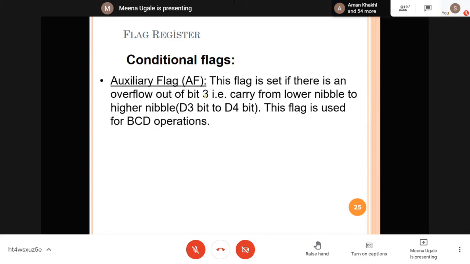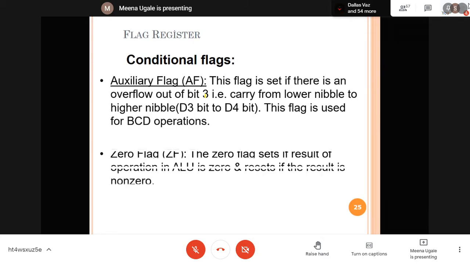The meaning of nibble is that 4 bits together are called a nibble. So when you have an 8-bit number, you can divide it into 2 nibbles, lower nibble and higher nibble. And when in addition or any kind of operation, there is a carry generated from the lower to the higher nibble, it is known as the auxiliary carry flag.